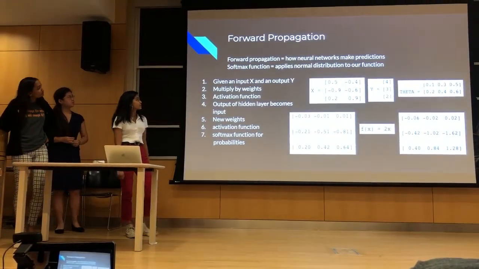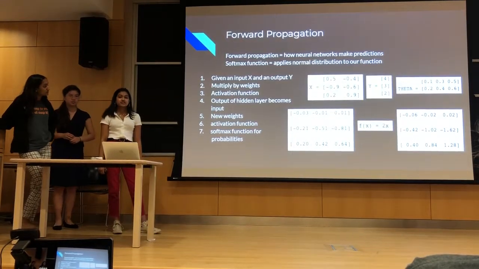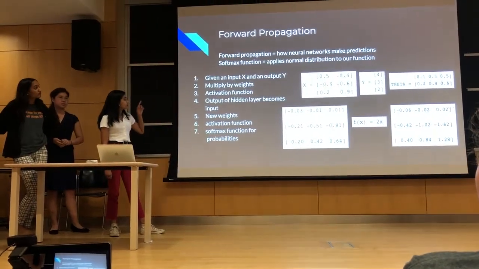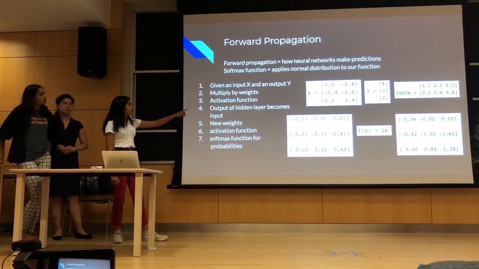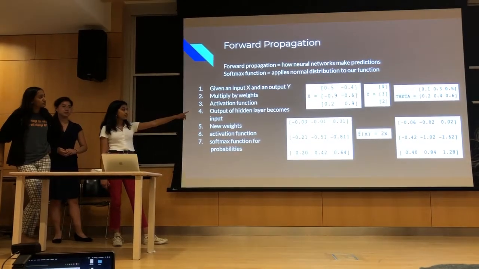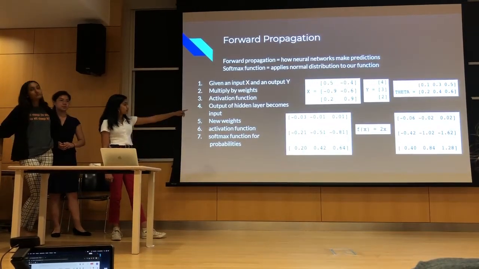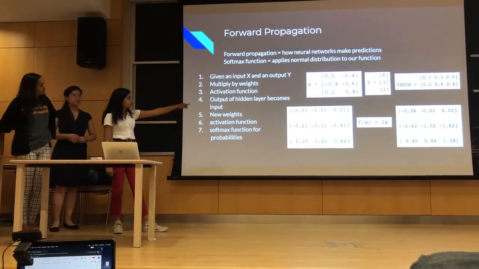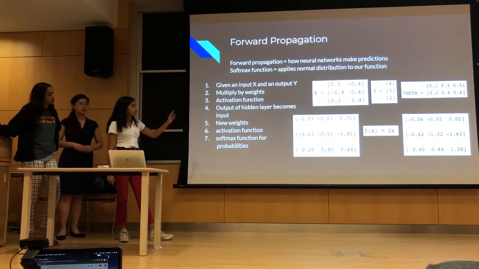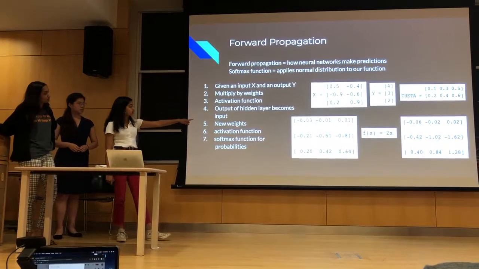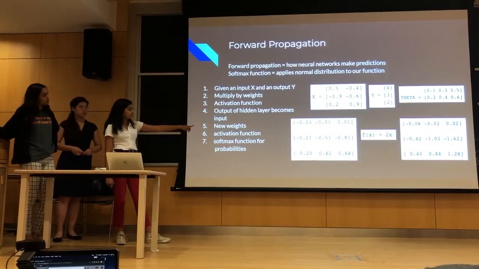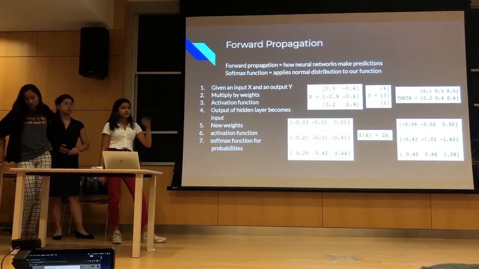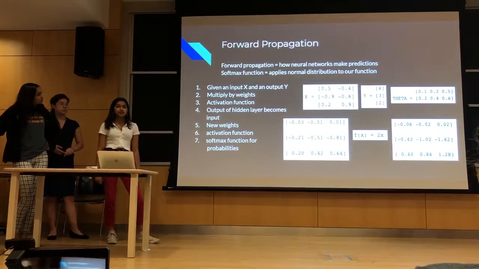Okay, forward propagation. That's just how neural networks make predictions, because you send your data through your neural network. This is just an example. You're given an input x and an output y. Those are over there. And then you multiply by your weights. In this case, the weights are theta. So you multiply x by theta to get your next layer, and when you multiply x by theta, you get the one on the bottom left, and your activation function is f of x equals 2x. So you put that on this output, and you get the one in the bottom right corner. And then for your next layer, the one in the bottom right corner becomes your new input, and then you